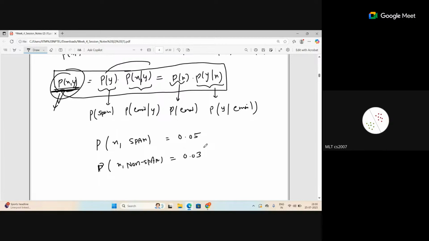So what do you think about this email? What will be the label for that email? It will go to spam because it will have the higher probability, right? That's how you actually decide. But to come to that decision, I need to find out this thing and this thing first, right? And this I can find out by calculating this part, or this part, whichever values I currently have.